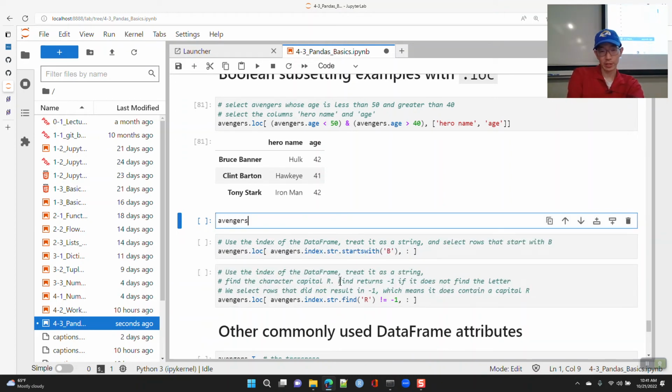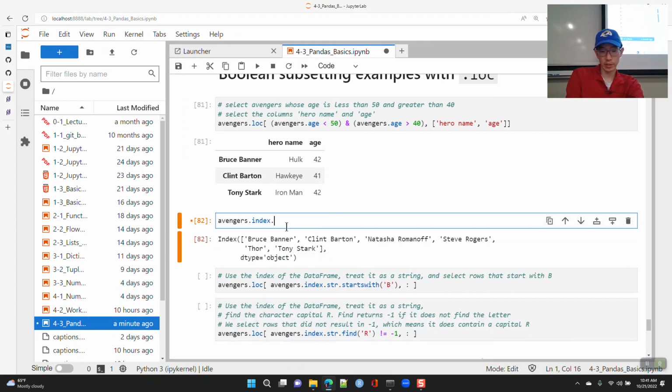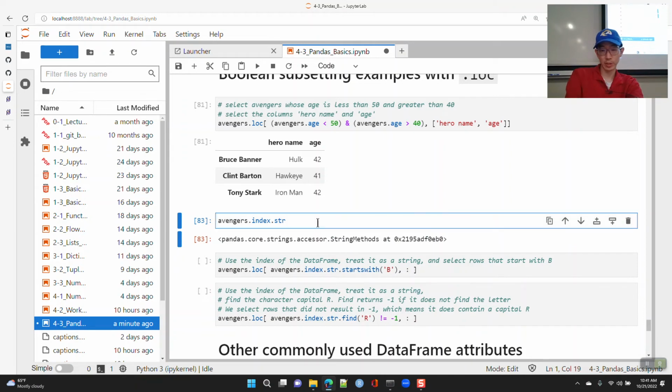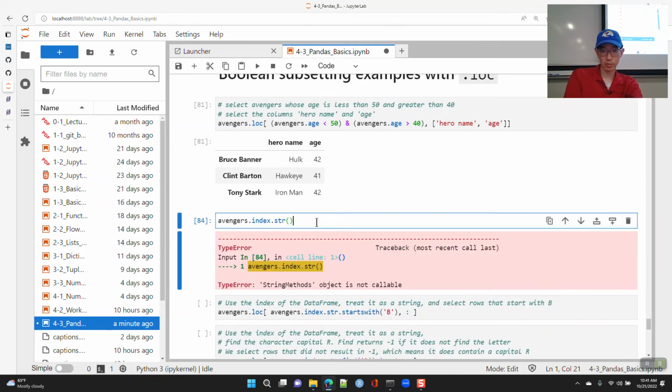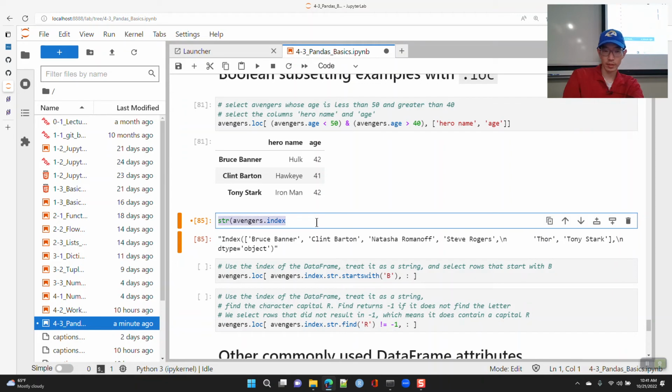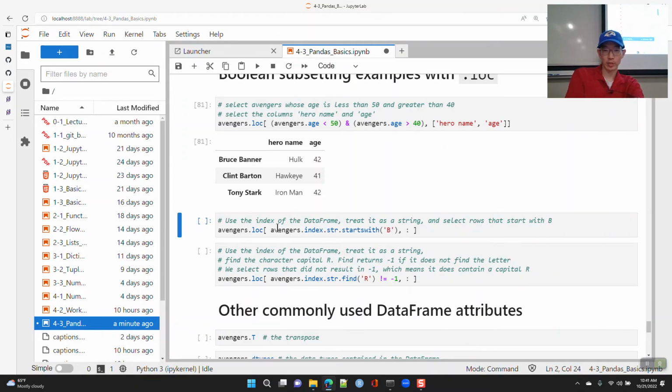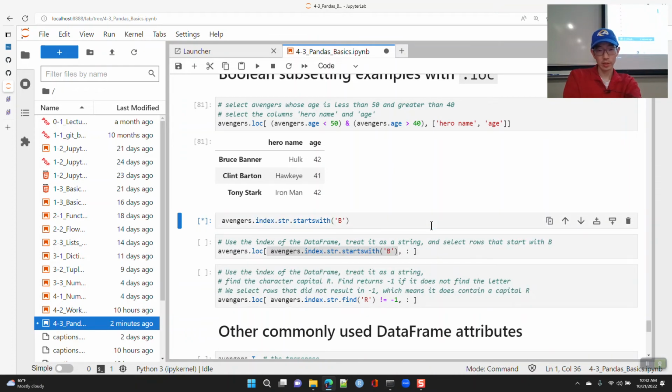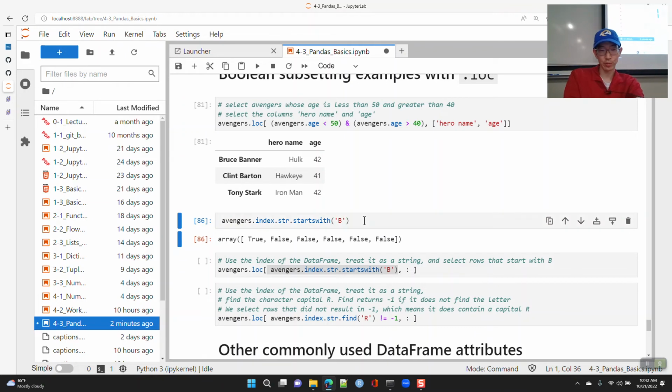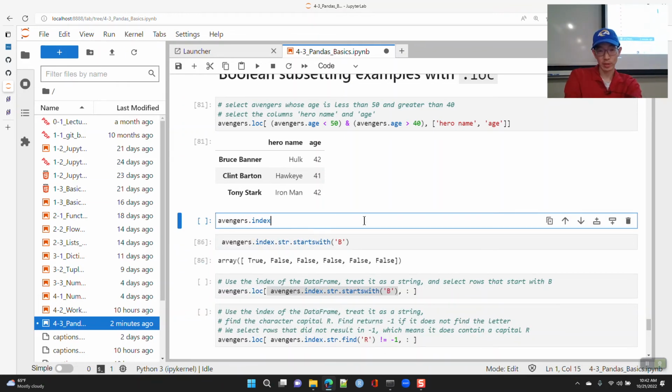I've got avengers.index, so this gives me this, and if I do index.str, this converts it to a string, but, okay, well, you can do avengers.index.str, so .str will give you string accessible methods, and so here I can say startswith B. So if I copy this, all right, now we'll get a vector of true, false values.